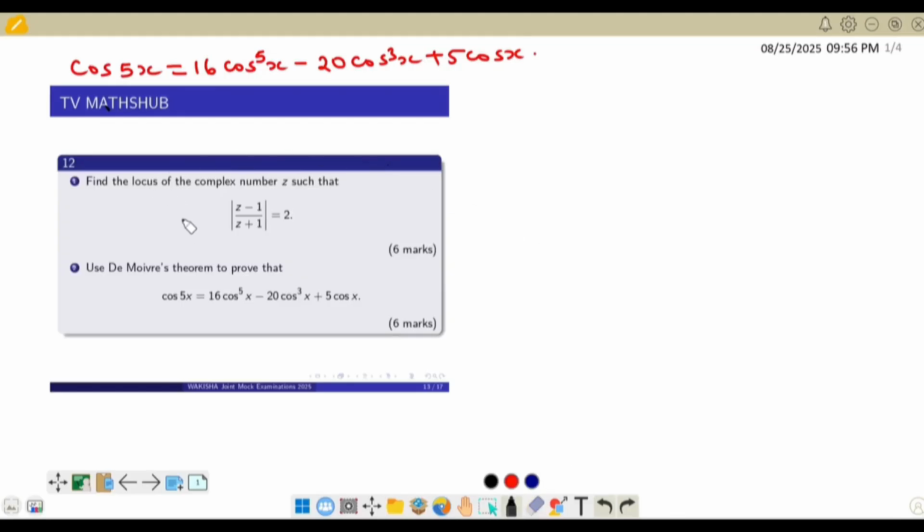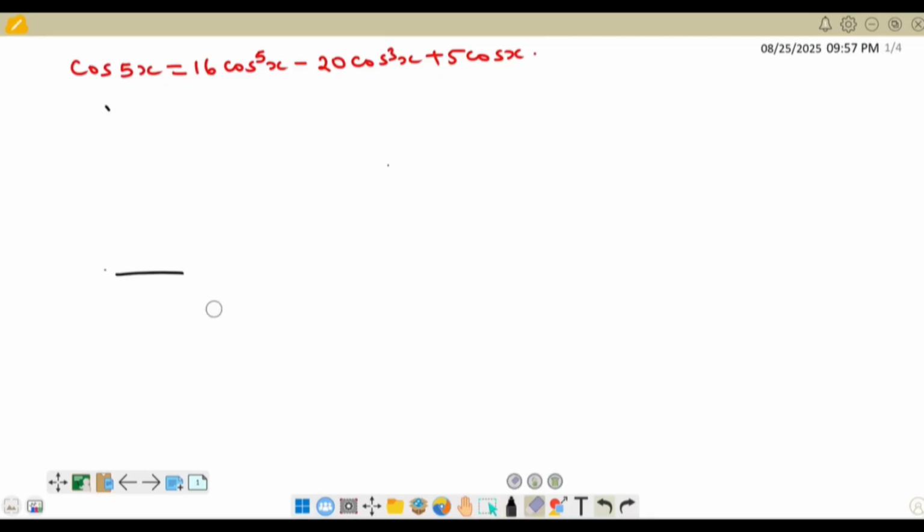Let us now look at part B. Part B says use the De Moivre theorem to prove that cos 5x is equal to 16 cos power 5 x minus 20 cos power 3 x plus 5 cos of x. So to prove this, we shall be referring to the De Moivre theorem. So let us look at the solution. So we shall first of all refer to the De Moivre theorem by saying using De Moivre theorem,